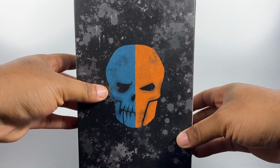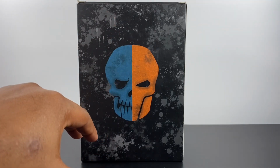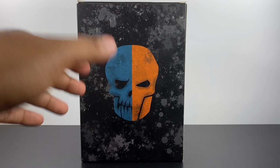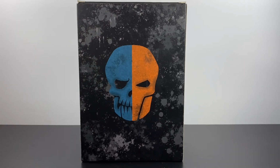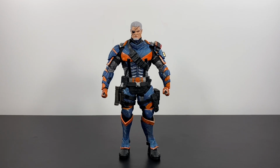And then of course on the back you've got some artwork, and I really love how you have these splashes of gray paint on here all over the paint and artwork. That just looks really nice, man. I am really digging this box art, but let's go ahead and bust this figure out because I'm pretty excited for this one. Now, first things first, straight out of the packaging, I gotta say, this figure looks